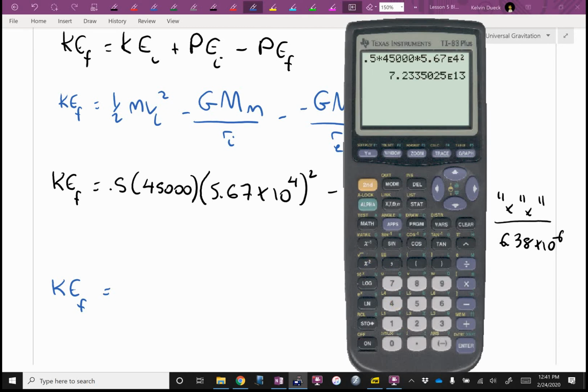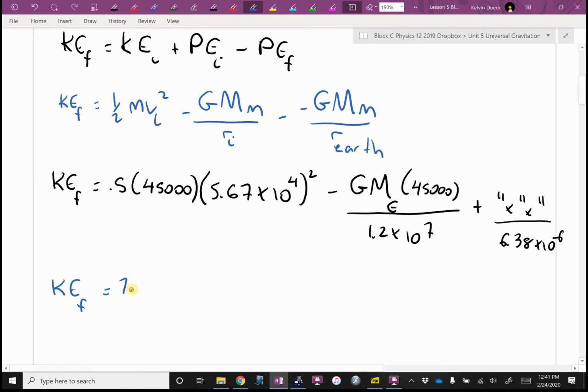For kinetic energy, I get 7.2335 times 10 to the 13th. I need a confirmation before I write that down. 7.2335 times 10 to the 13th. Take away